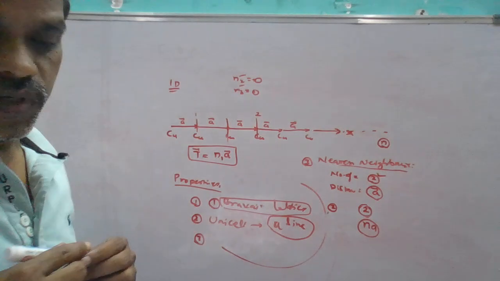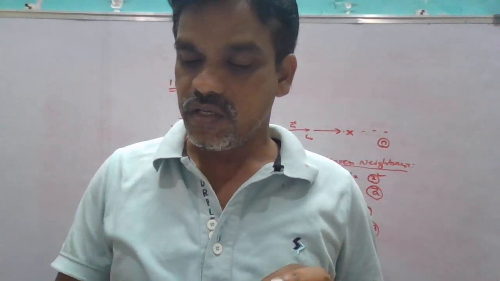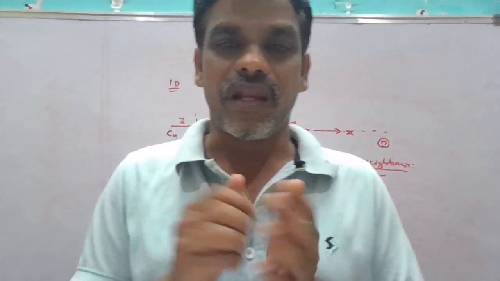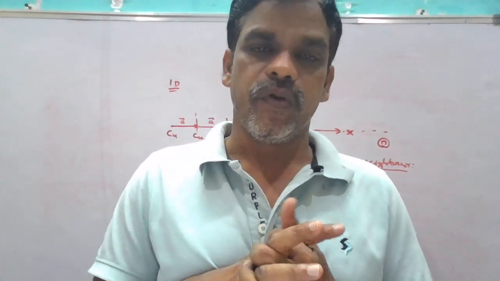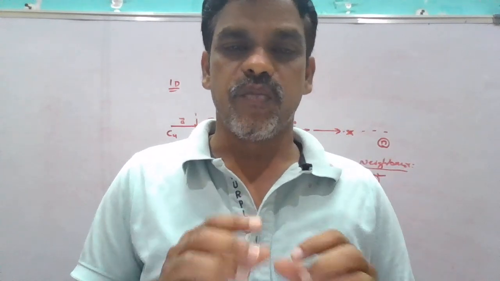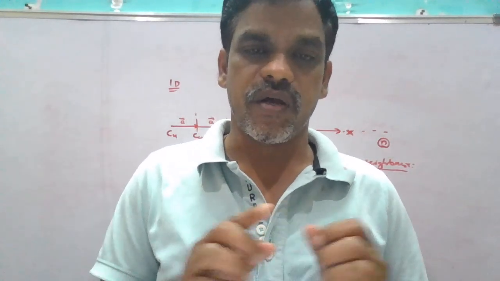So I discussed in this video what the translation vector is, and I applied it to the one dimensional lattice. For a one dimensional lattice, it has only one Bravais lattice. The unit cell for a one dimensional lattice is a line. The number of nearest neighbors is 2, and the nearest neighbor distance is a. For example, if there are n copper atoms in a one dimensional lattice,